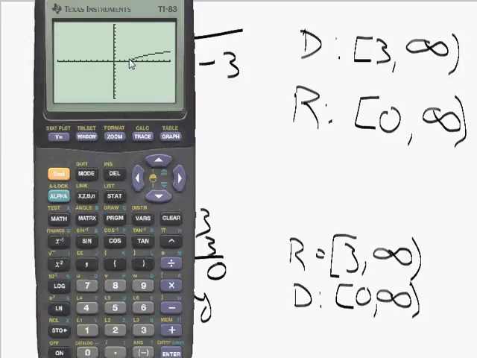Alright, so this inherits a restriction based on this. This restricts